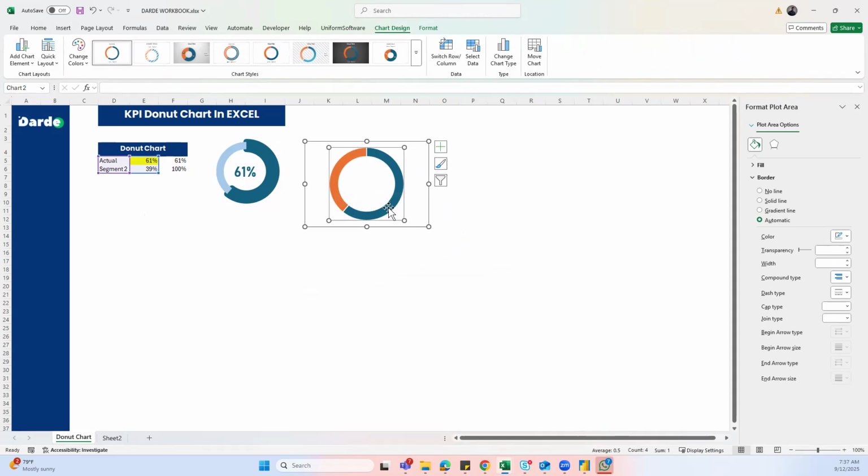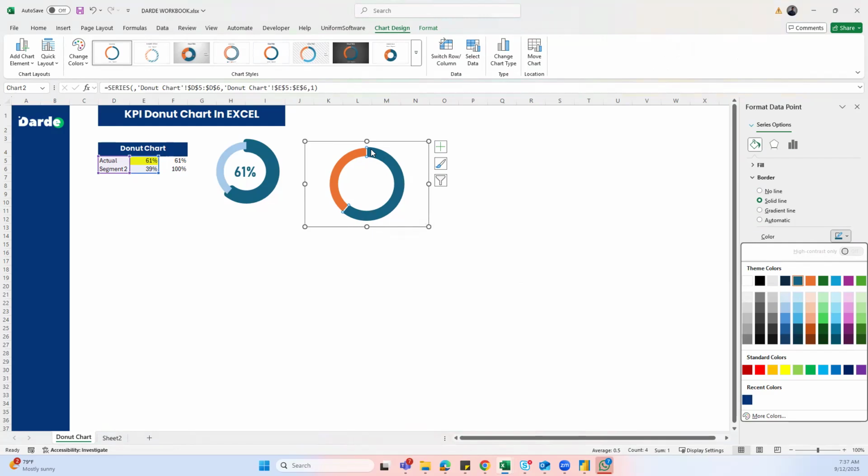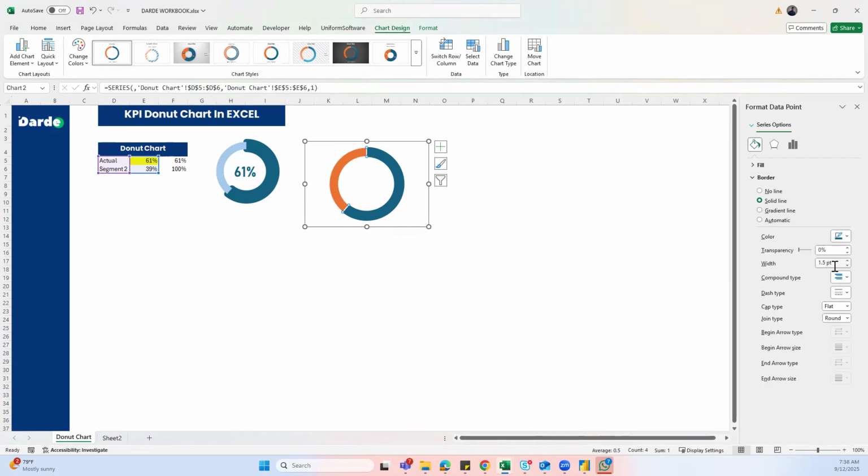First, I want to select the slice or the segment that represents my actual, and I'll click on it. And I want to go to the border. I'll select solid line, and I want to change the color, which will remain the same as the slice, and I'll increase the width of the border to, let's say, 10